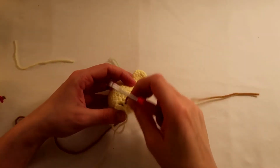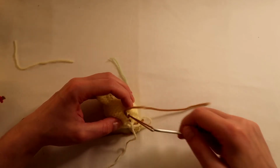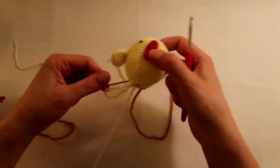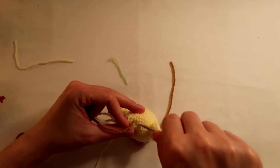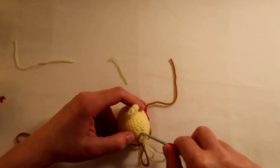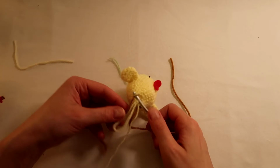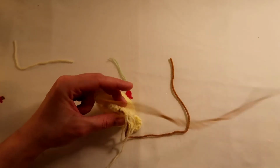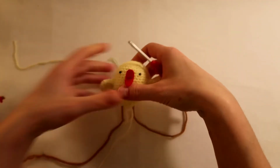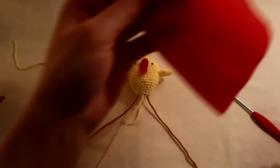Okay, so we've got the yarn in, and what we want is to secure it, so we'll just pull it through another stitch just there, just like so, and the same on the other side. So go to the stitch above and then pull the yarn through so that it keeps it there. And now we're back to the belt,